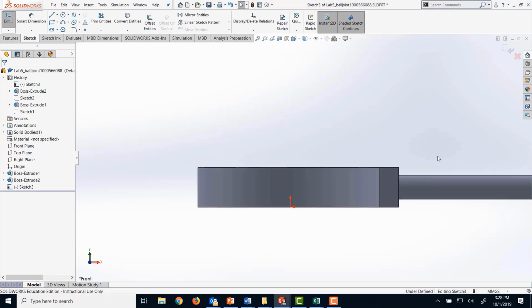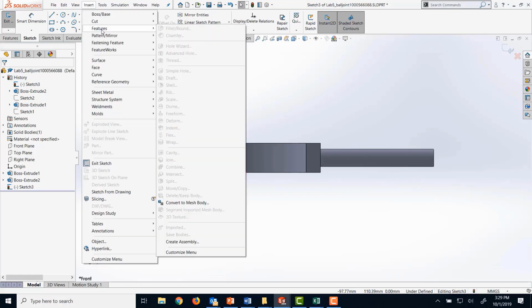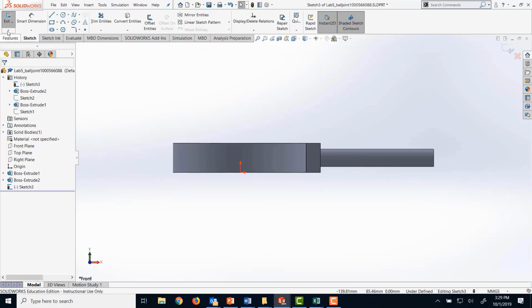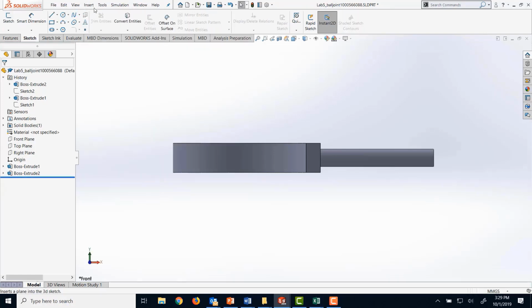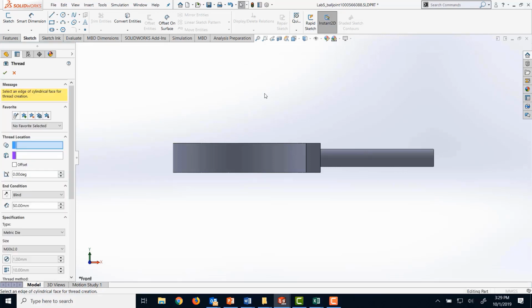Now I will add threads on this rod that I have just created. To do that, I'm gonna go to Insert, Features. I'm gonna get out of this sketch. Insert Features. I'm gonna go to Thread Tool,